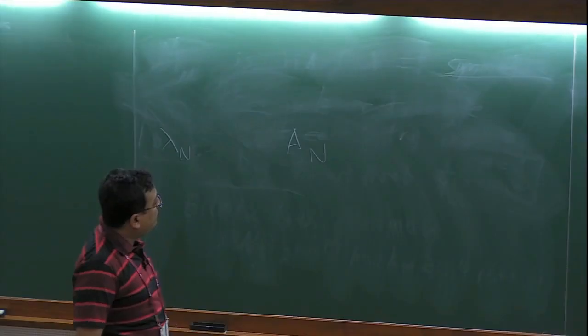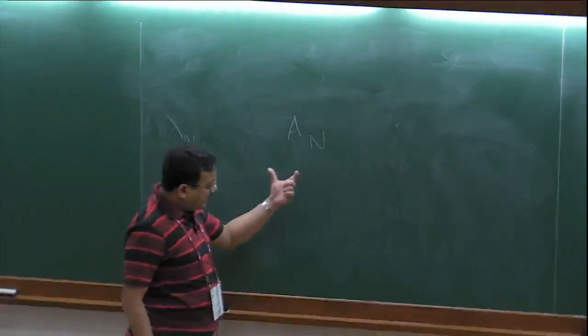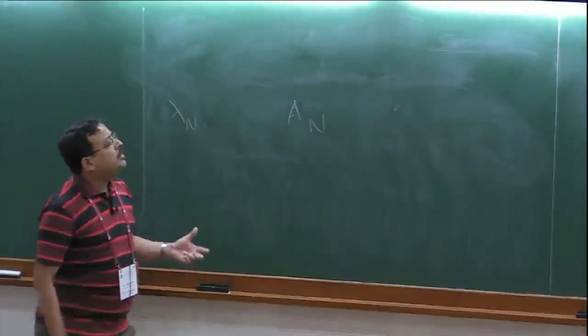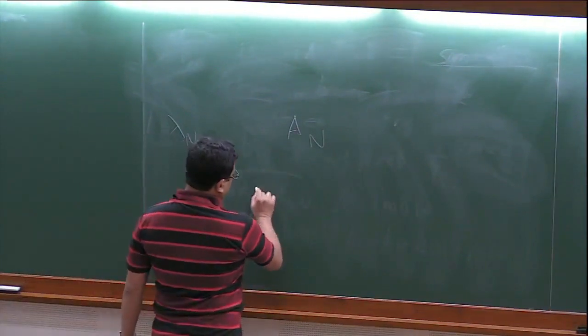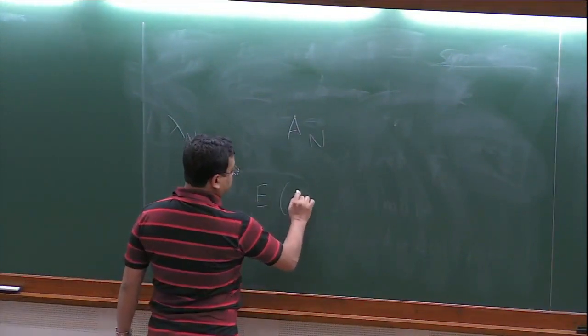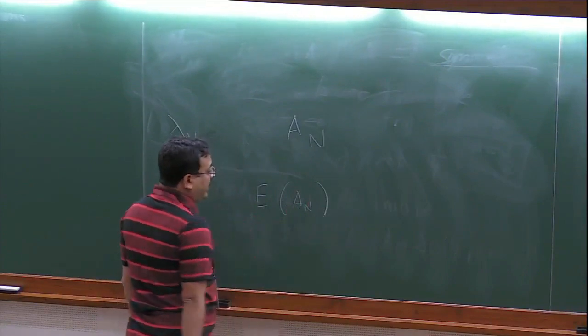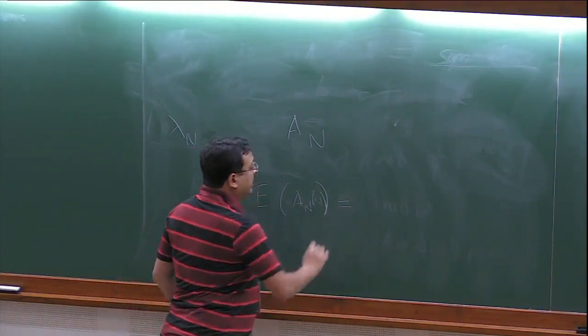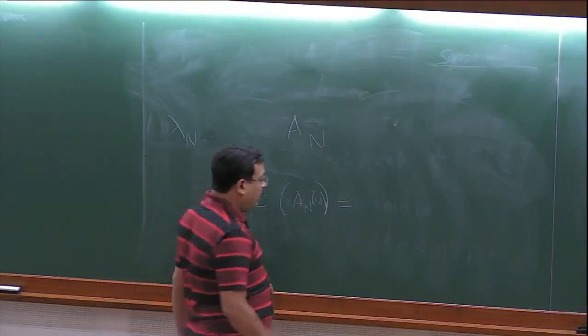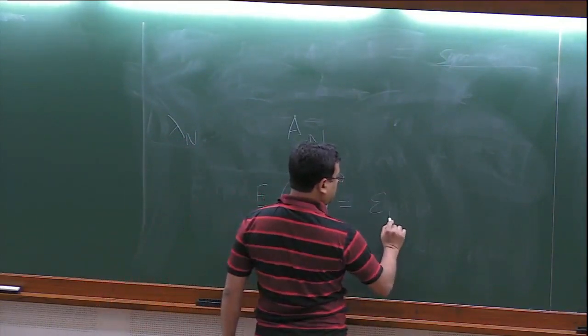Okay, and if you look at An, the entries of An don't have mean 0. Okay, the expectation of An is essentially, so Anij follows Bernoulli with